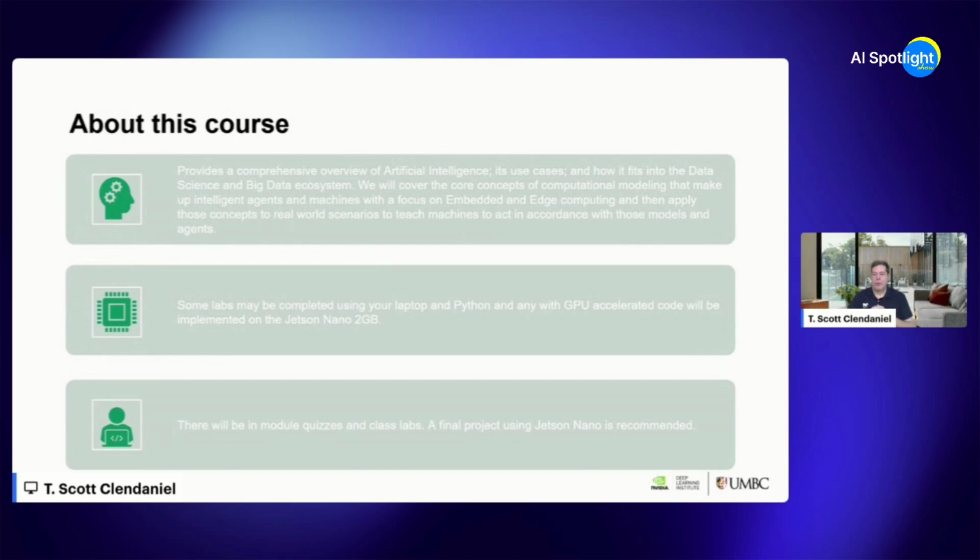Now, one of my first reactions whenever I join a course and I see messages like that is sort of, oh no, why are there going to be quizzes? Why does there have to be a final project? Why is there going to be a lab? And the answer is really simple. There's been a lot of research that shows unless you have an individual with hands-on keyboard, actually doing a real world project, going through this information, none of it sticks.